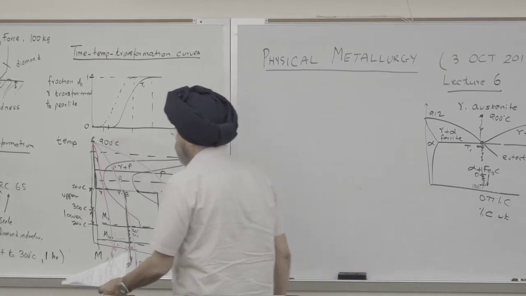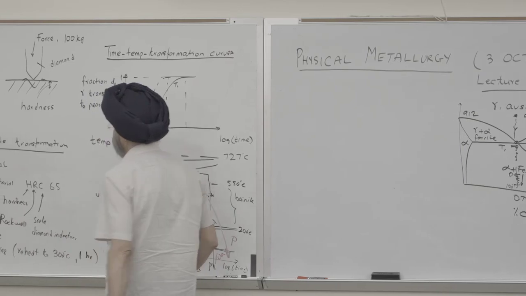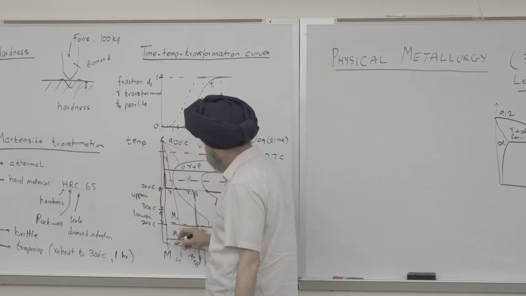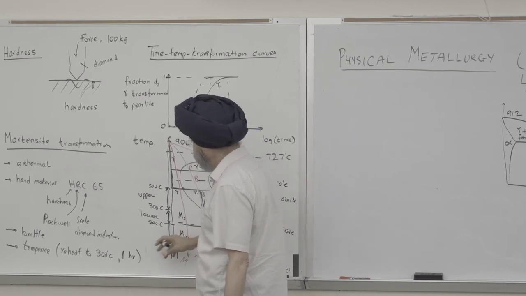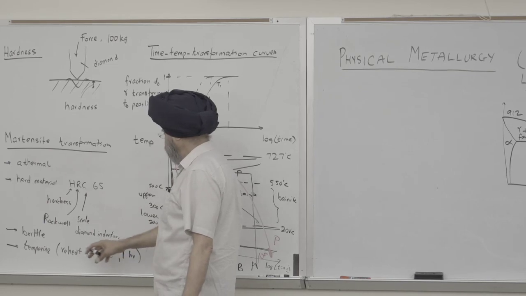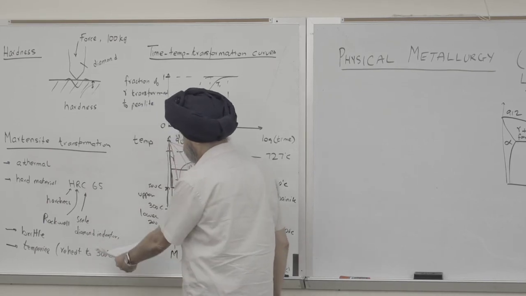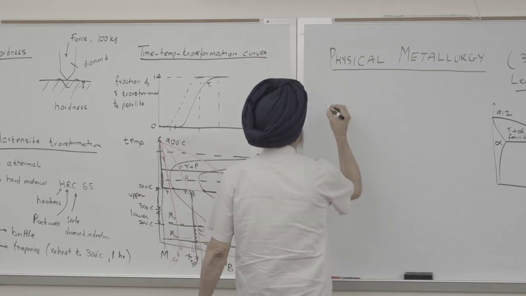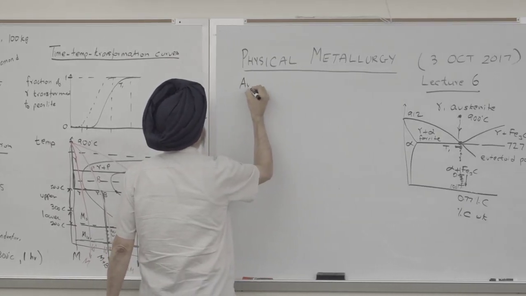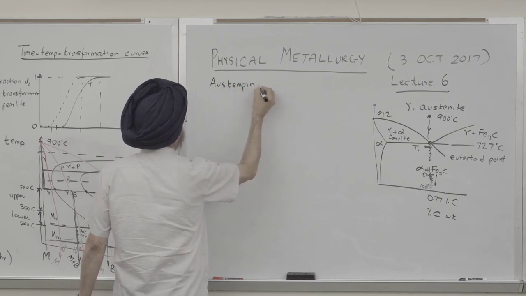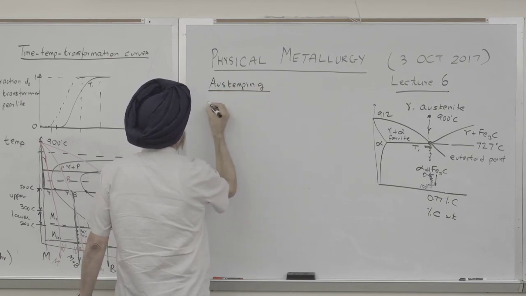So it becomes a two-step process. To have martensitic heat treatment, you first have to quench to room temperature, and then you reheat to some temperature. I'm just guessing 300 for an hour, and this does the tempering. So this is how you make the steel tough. But there's another treatment called austempering. And that's a one-step process to make very